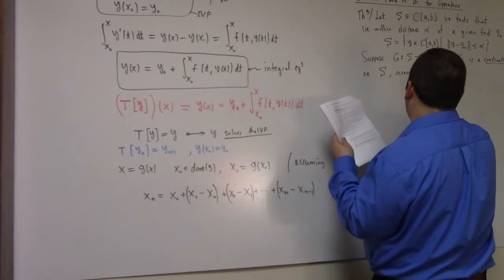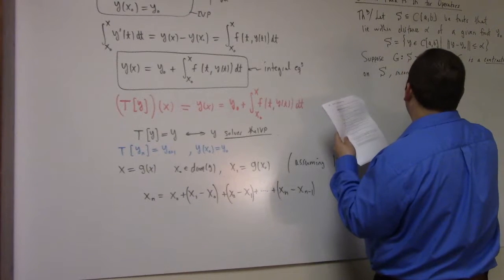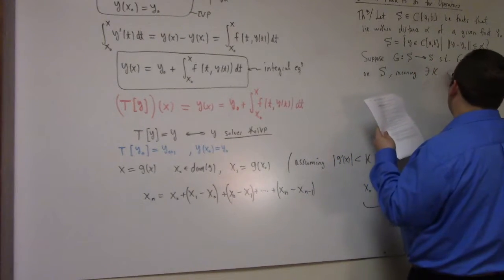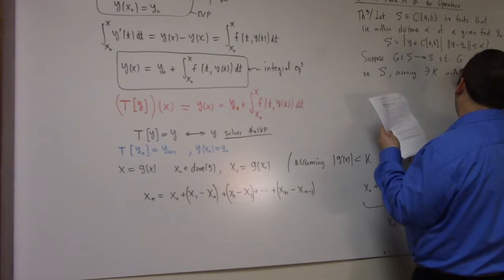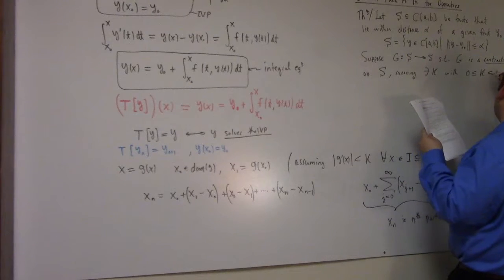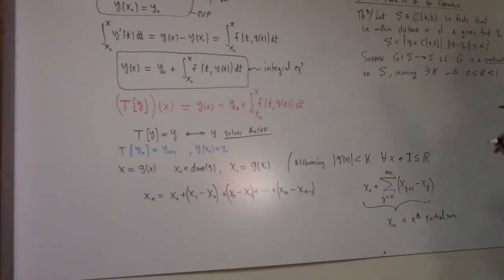Meaning, there exists a K, 0 possibly included, 1 not included, such that